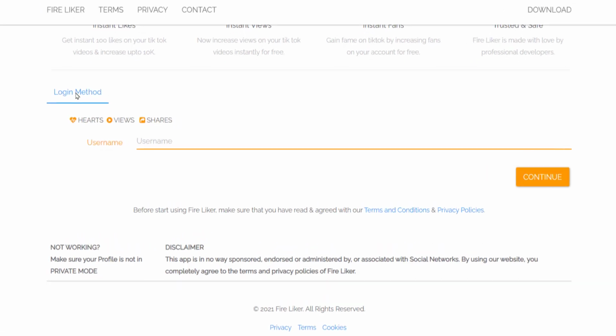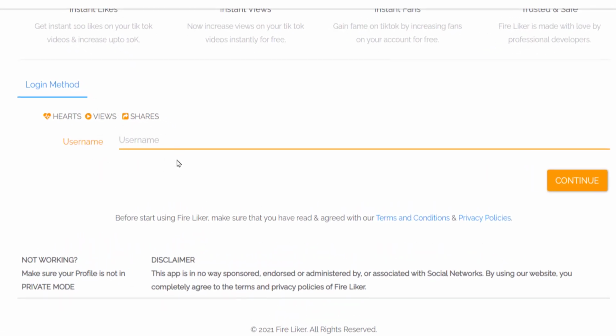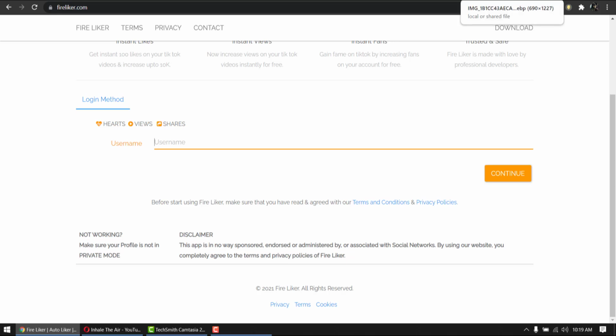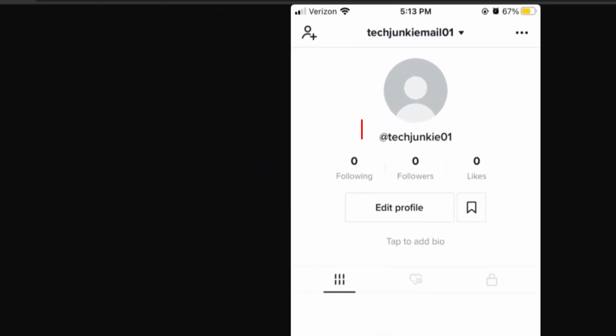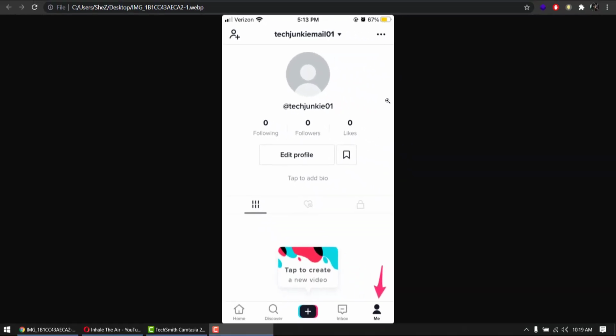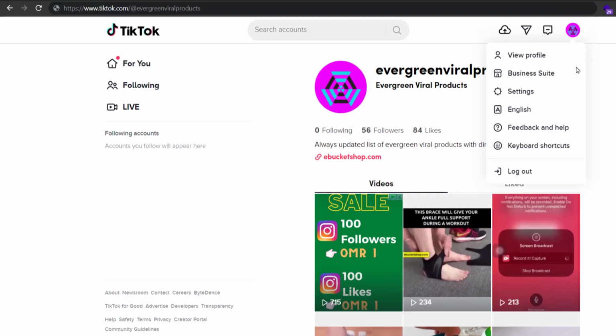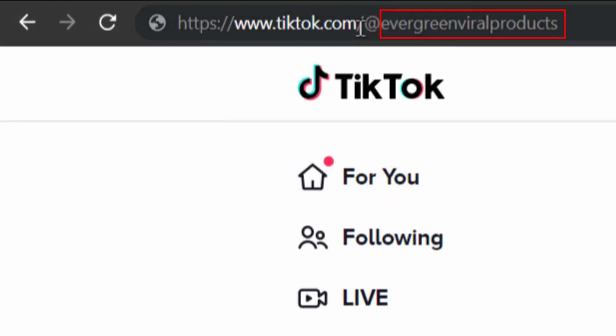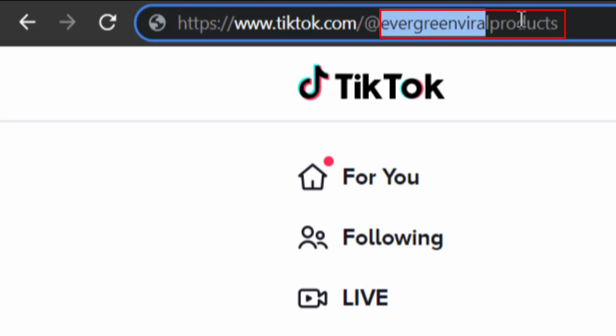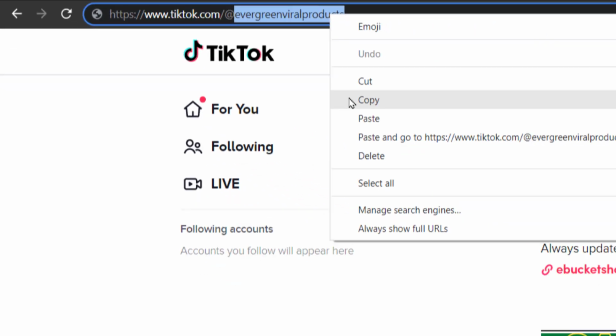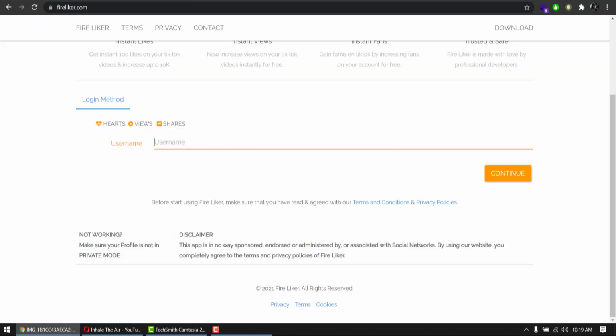Okay, login method. We have to log in using our username. If you are using a phone, you will go to your TikTok app to find your username next to the @ sign. So we will just have to ignore the @ sign and type in our username. In my case, I am using a computer, so I logged into TikTok using my web browser, and I go to my profile, and here is my username. I will just copy this part, and go back to the website, paste it here,